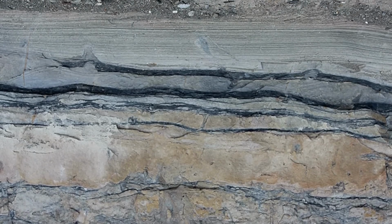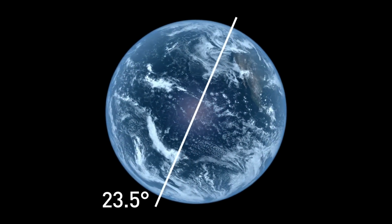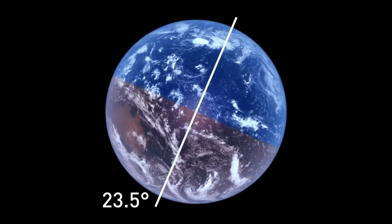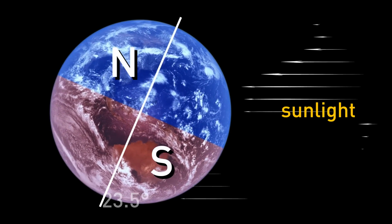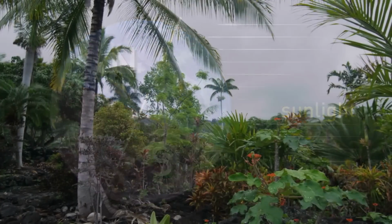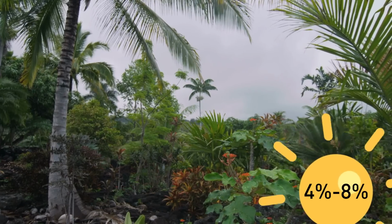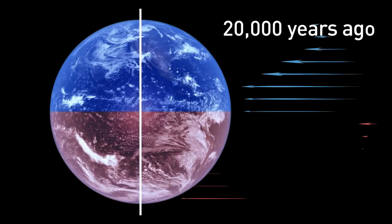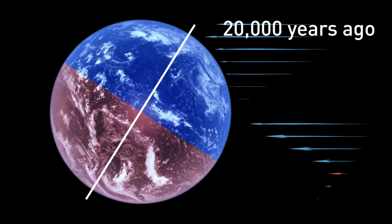This period has to do with Earth's natural cycles. Normally, the Earth rotates at a tilt of 23.5 degrees, but this angle is not consistent and changes over time. Earth's tilt is responsible for the amount of sunlight each hemisphere receives. It affects several ecosystem functions on the planet. During the time of the Green Sahara, the Earth received between 4 and 8% more sunlight than it does today. So when the Earth tilted about 20,000 years ago, the northern hemisphere received more direct sunlight, which affected humidity levels